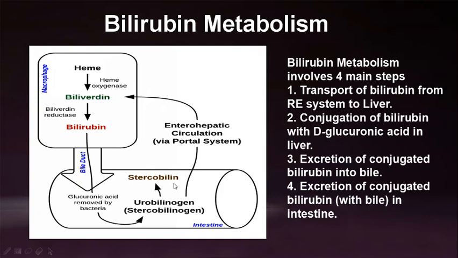converted into urobilinogen. In the large intestine, most of the urobilinogen is oxidized by intestinal bacteria to stercobilin, which is then excreted in feces. The stercobilin gives the feces a characteristic yellowish brown color, and a small fraction of urobilinogen is also reabsorbed from the gut and transported to the kidney, where it is converted to urobilin and excreted in urine. This urobilinogen is also excreted in urine. Urobilin gives yellow color to urine.